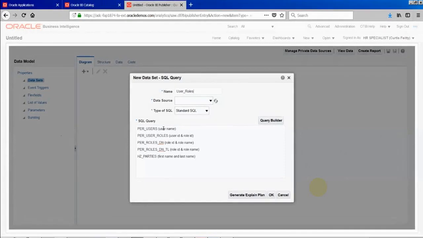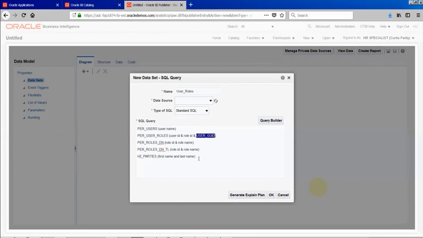When I write the query, the mapping between this table and this table is based on something called the user global unique identifier, because HZ_PARTIES stores everything and we need to know some unique identifier, right?